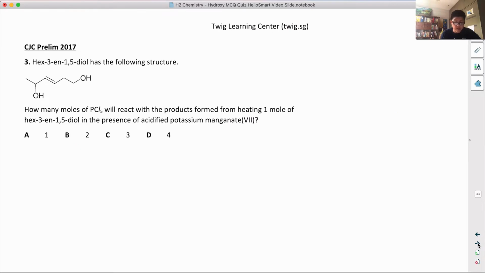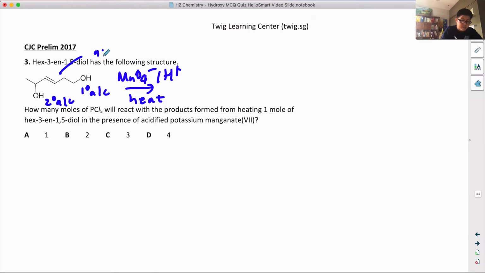How many moles of PCl5 will react with the products formed from heating 1 mole of hex-3-ene-1,5-diol, which is this molecule. So when you heat this in the presence of potassium KMnO4, so I'll just write down MnO4 minus and H plus and heat. All right, so what you end up getting is there's a primary alcohol, there's a secondary alcohol, and you have an alkene. Okay? So the secondary alcohol will be oxidized to a ketone, and this alkene will be broken